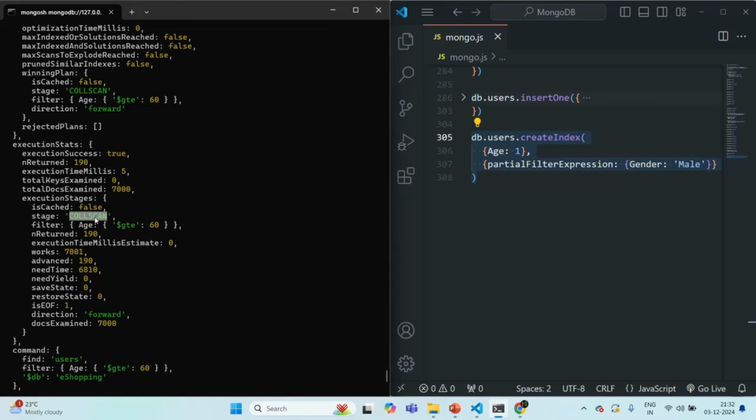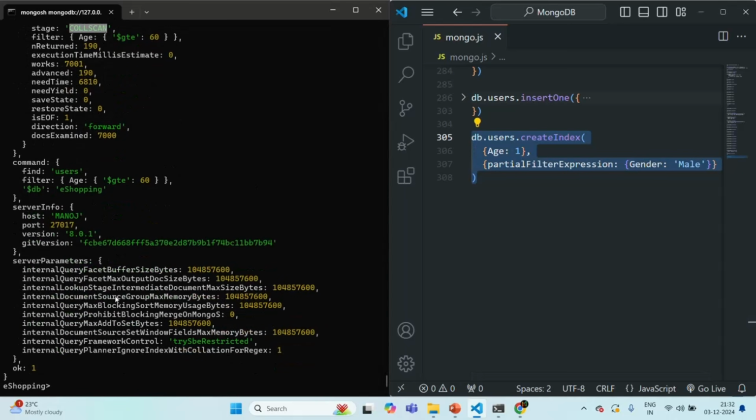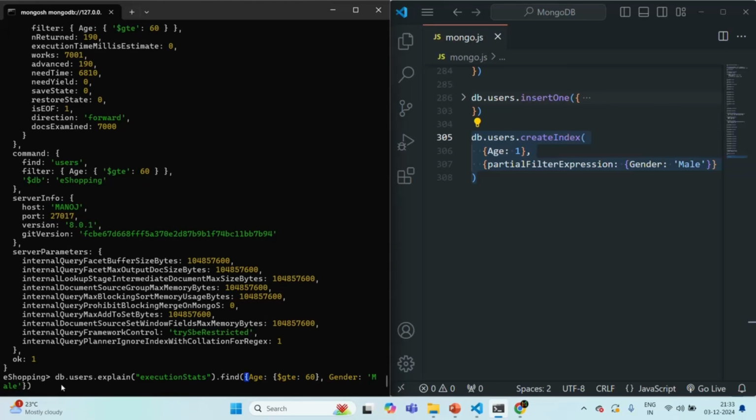That is because in this index, we will not have all the documents where the age is greater than or equal to 60. And MongoDB understands that. So that's why it has not used this index. Instead, it has done a collection scan. But if I try to search for a document where the age is greater than or equal to 60 and the gender is male, in this case, MongoDB will use that index. If I press enter,